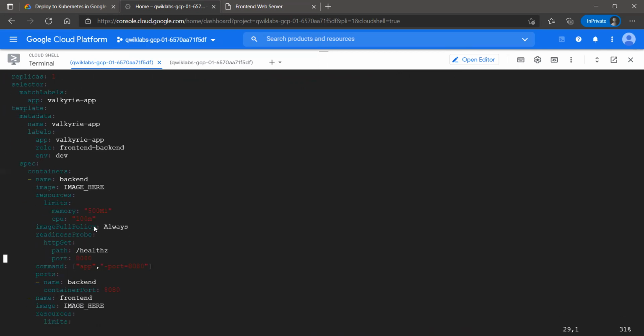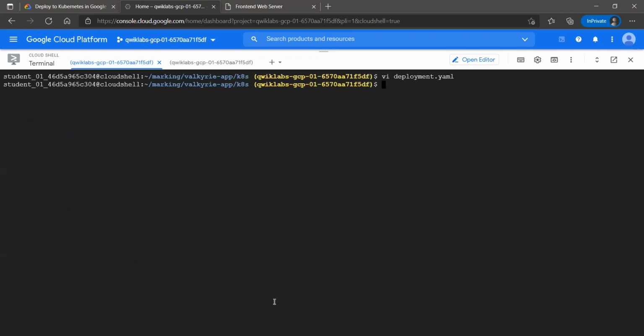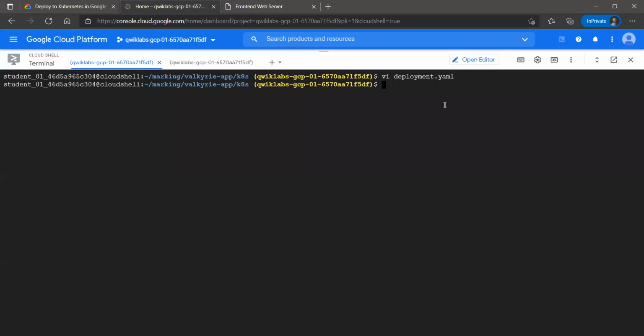Just let me run a command which will be much easier for you guys, without getting your hands dirty and editing the actual file. Let me show you. Just a second. Yeah, so this is the command I was talking about.